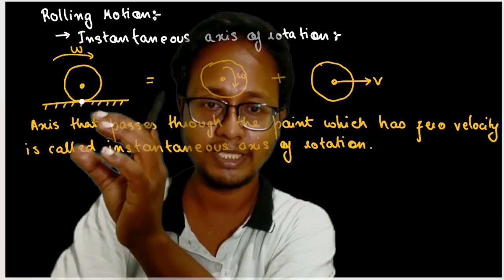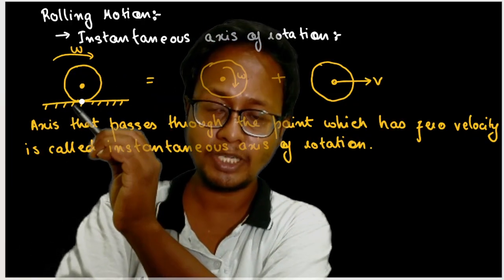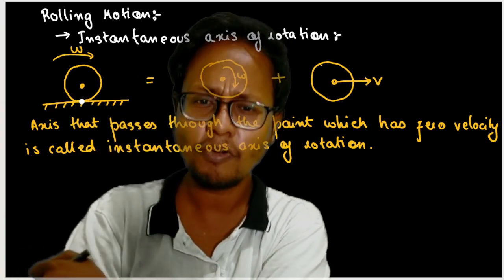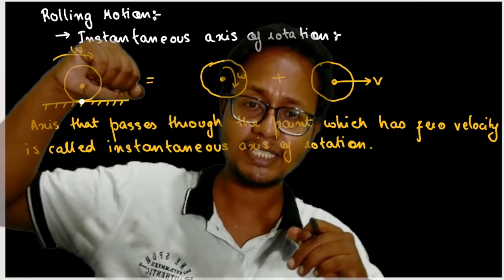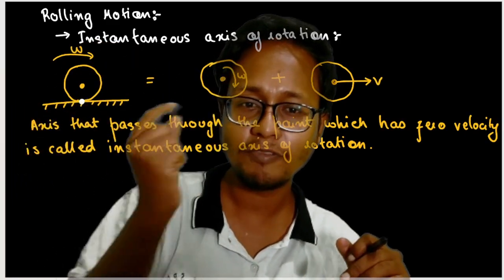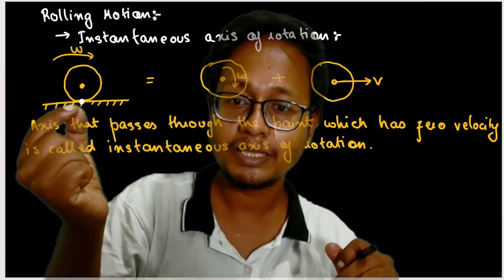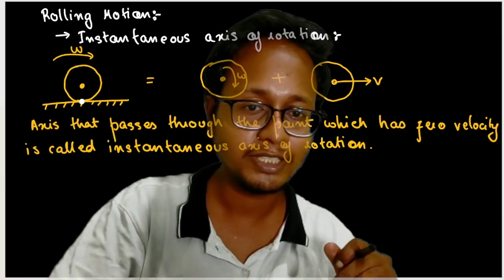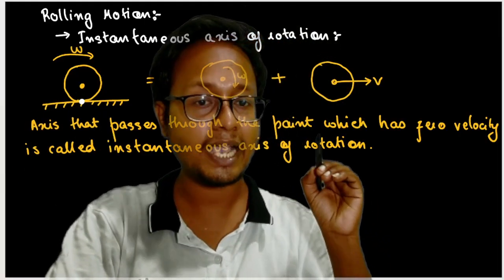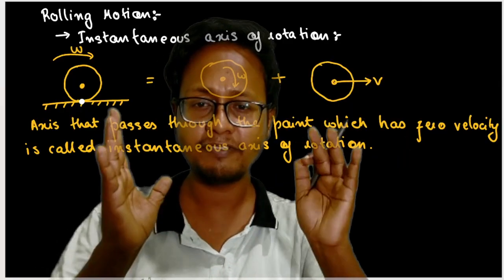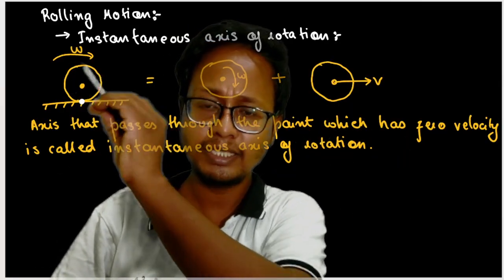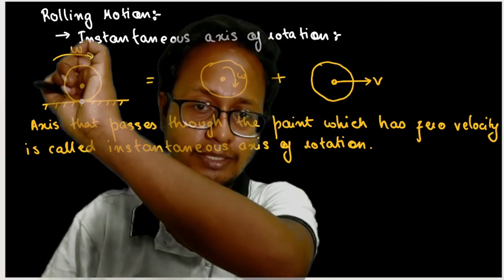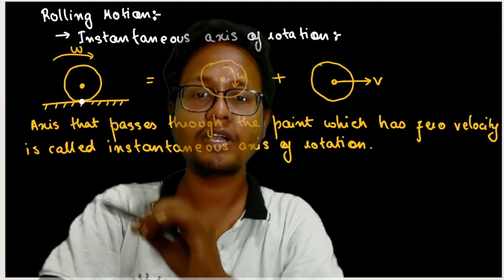but that is not always the case. The point that touches the ground, or the part of the tire that touches the ground, might not have zero velocity. For example, suppose I'm rolling with very high speed and I slam the brake. That means this point is sliding on the ground, and at that position, the point where the tire touches the ground won't have zero velocity. Understood? So the instantaneous axis of rotation has a fixed definition: whichever point in this circle or in this tire has zero velocity, and any axis passing through that point,